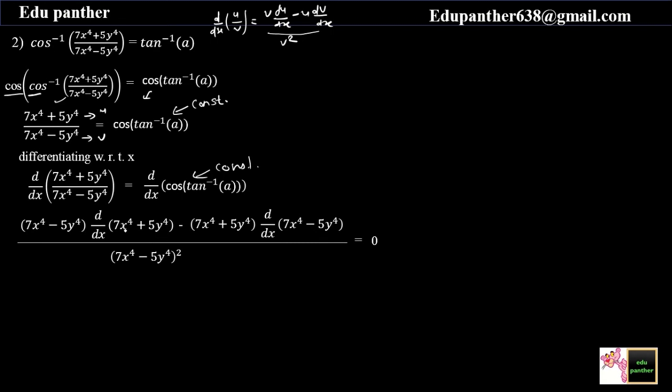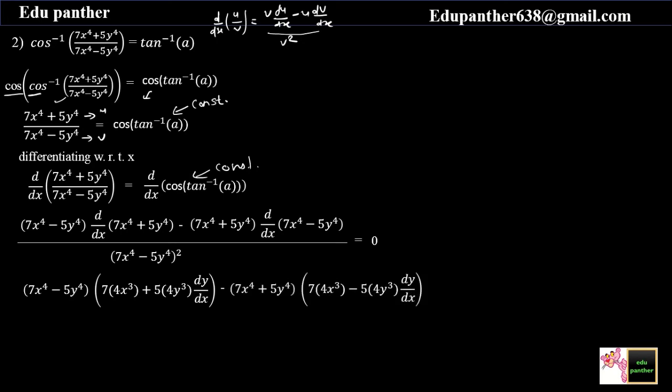Now we just have to take the derivative of this numerator. So see here, first bracket as it is, then d by dx. 7 is as it is, derivative of x raised to 4 is 4x cube plus 5 as it is. Now derivative of y raised to 4, so normal formula, y raised to 4, its derivative will be 4y cube, and by using composite rule of differentiation we have to multiply this with dy by dx. So just remember, if we are taking derivative of any y term, then use the basic formula and multiply that derivative with dy by dx.